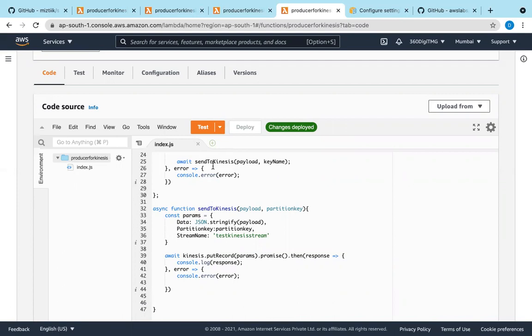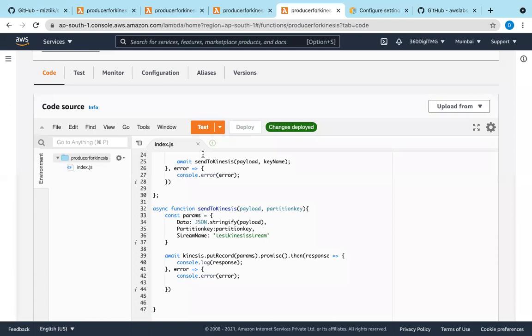Due to that, I'm getting this error. So I resolved this. Now this and this is the function which we are creating, which is an async function, asynchronous function. And here we are calling this function. So now they are the same. After resolving this issue, I have deleted the object test.txt and also uploaded the object test.txt.